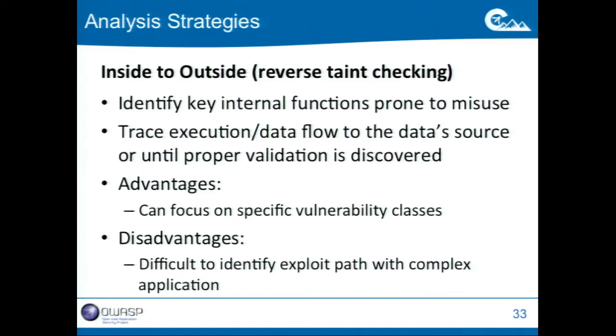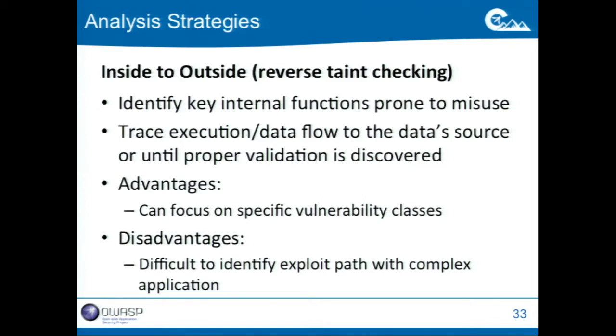So for example, it could be calls to a database, looking for SQL injection. It could be opening up new files. Last example, we could have looked for all the constructors to File and then traced backwards. The advantage is that you can focus on very specific types of vulnerabilities. So if you're looking at all of the calls to JDBC handle, that's a very thorough way of checking for